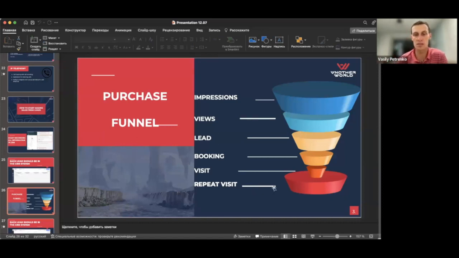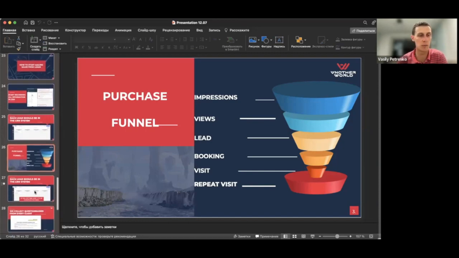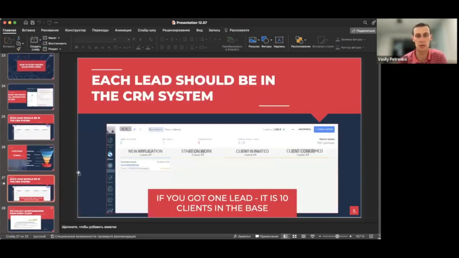So this big part of the pie means that each lead should be in your CRM system. But the cool trick here, and very important: when this potential John Smith books a session at your arena, he's your customer, but he also has 10 more friends who came with him, right?